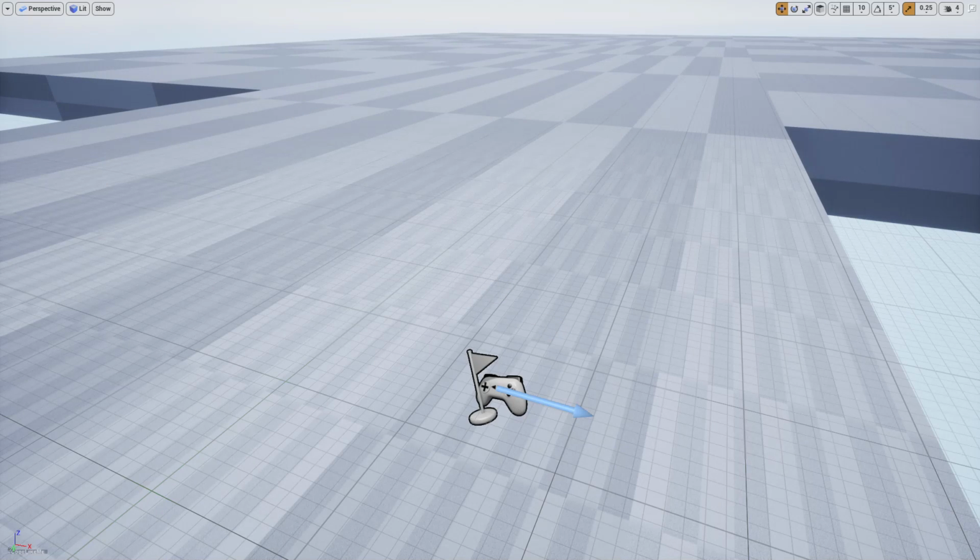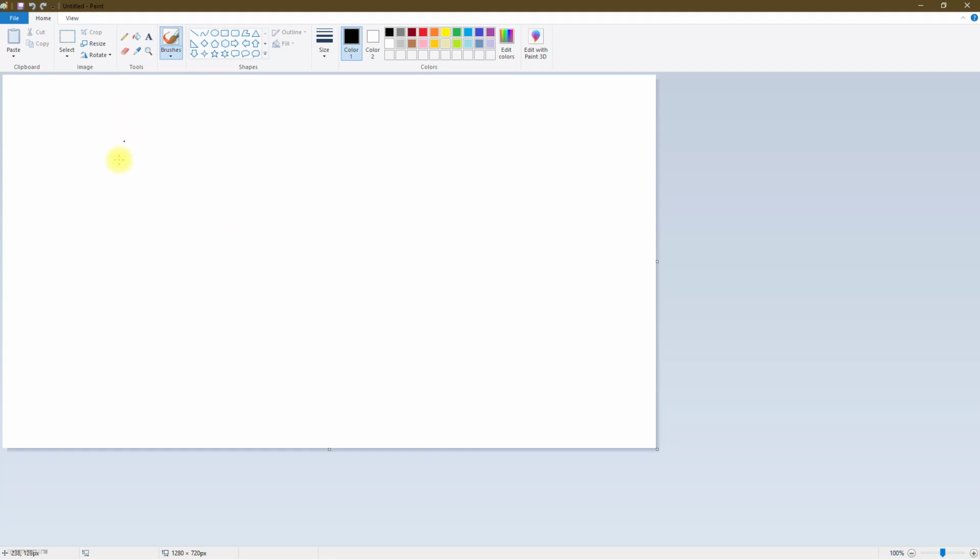Let me quickly draw. If this is the forward, it ranges from 0 to 360. Sorry for the bad drawing.